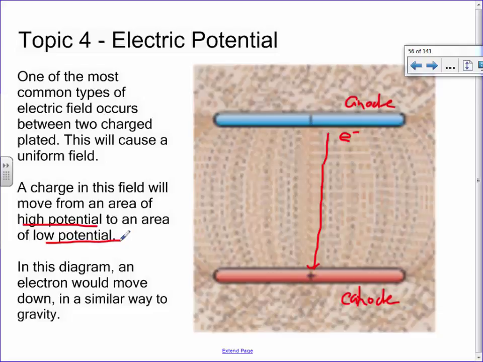So let's pause for a second and look at this diagram. Let's consider an electron. Where would the electron have high potential? Good, close to the negative plate, right? Again, we have to depend on which charge it is, but if this was an electron right here, up here, this would have high potential. Wouldn't this be really similar to just the random object that I dropped? The higher above the ground it was, the more potential energy it has.